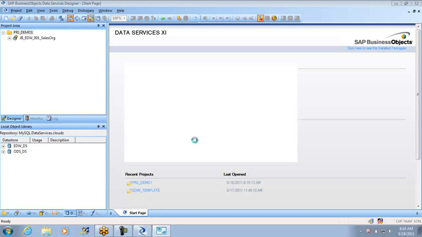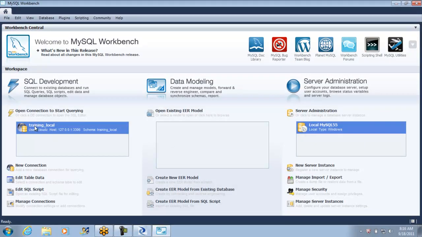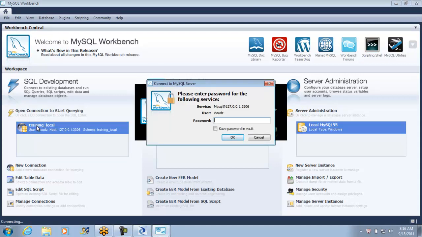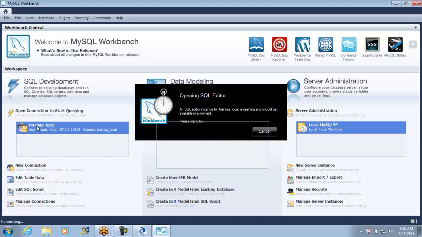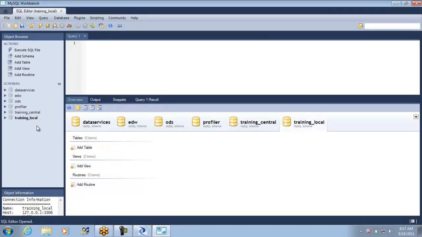The moment you log in, you will see only one single schema there. Now I am logging into MySQL, and I am prompted for the password. I just gave it. For some of you, it is the root user only.